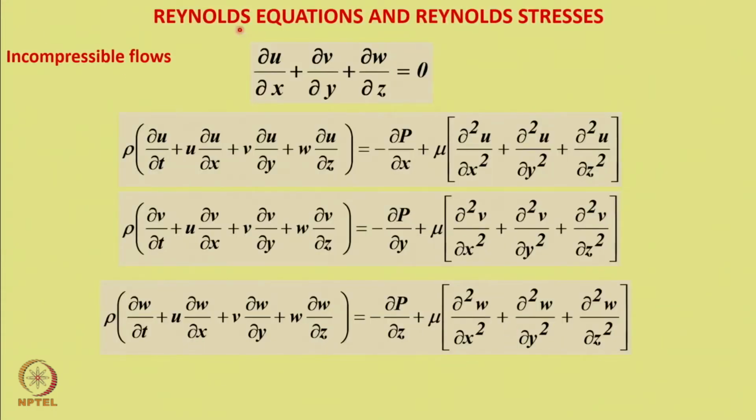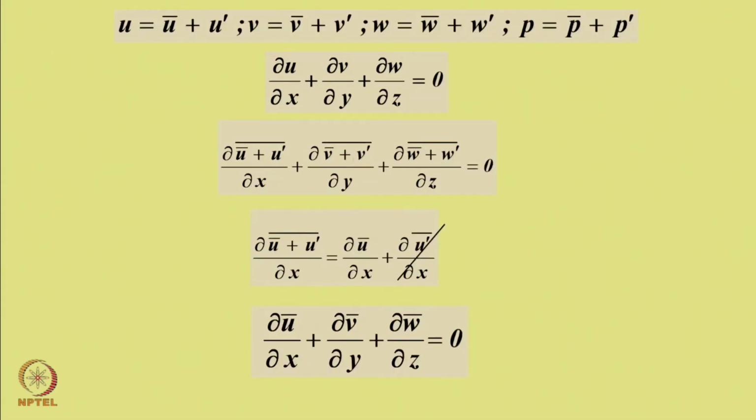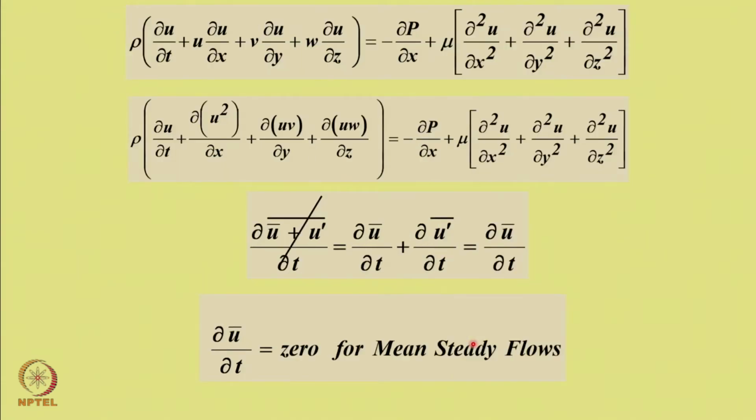We took the incompressible flow continuity equation and the x momentum equation, and we time averaged the continuity equation. We got del u bar by del x plus del v bar by del y plus del w bar by del z equal to 0, and then we did the Reynolds averaging of the momentum equation by rearranging this equation, and we got that del u bar by del t equal to 0 because we are considering mean steady flow, and